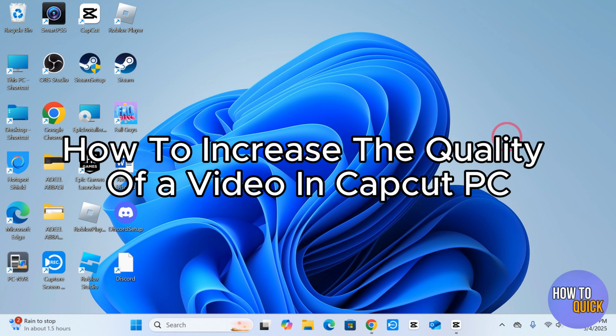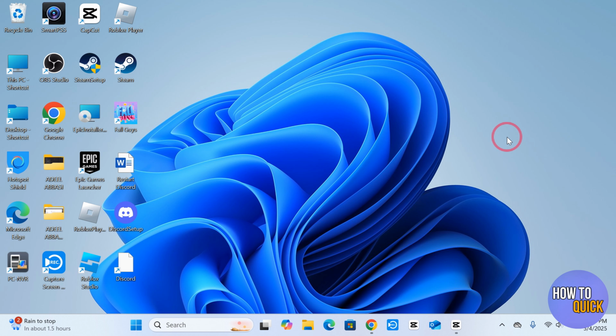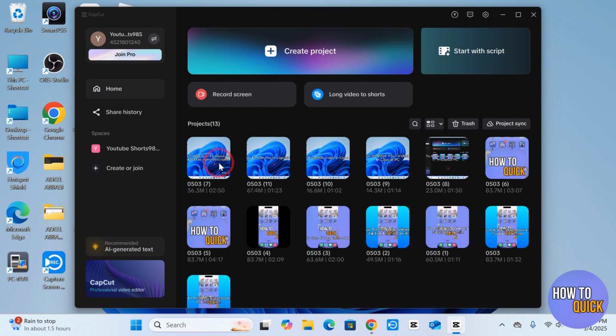How to increase the quality of a video in Capcut PC. Hi guys, in this video I'm going to show you step by step how you can increase the quality of a video in Capcut PC. So let's dive in. First, open up your Capcut app and then you have to open up a video